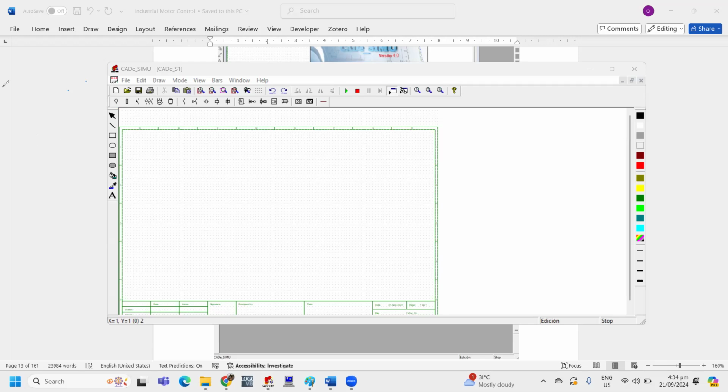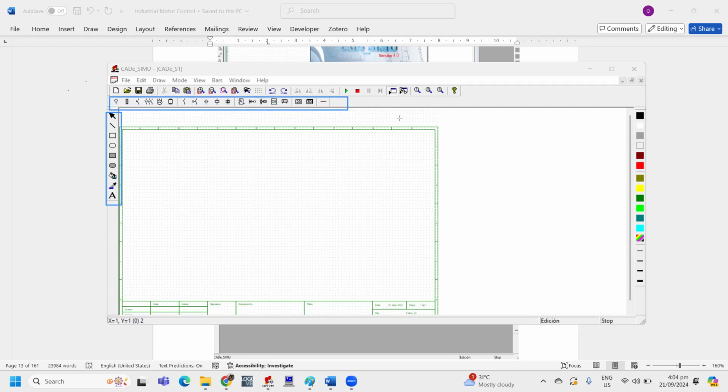The next is what we call the drawing toolbar.